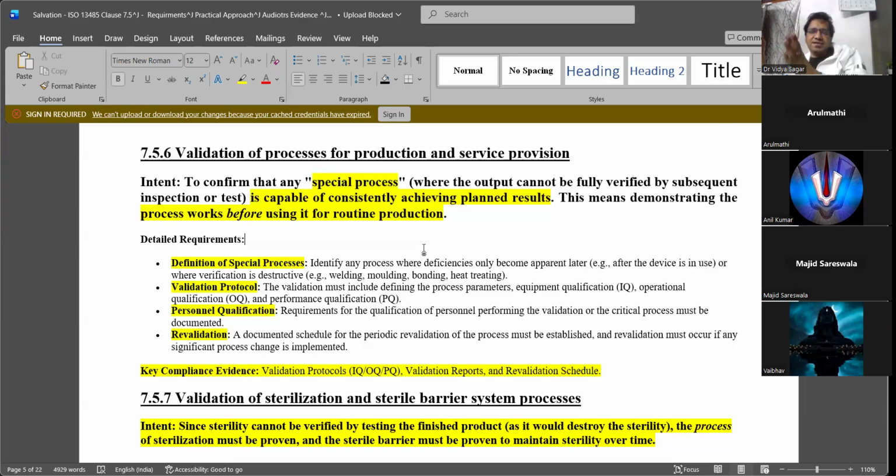Once you finalize, these process parameters are giving me 100 or 200 samples, depending upon your sample size, with an ID of 0.2 mm tubing, then I will fix those parameters, and this parameter set is final.